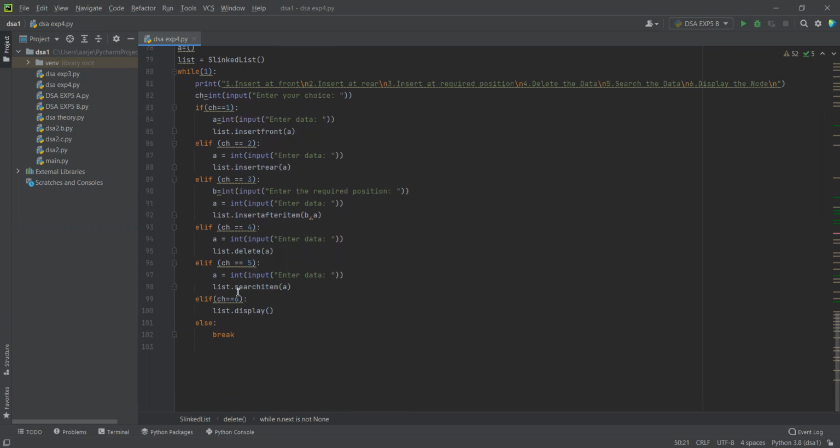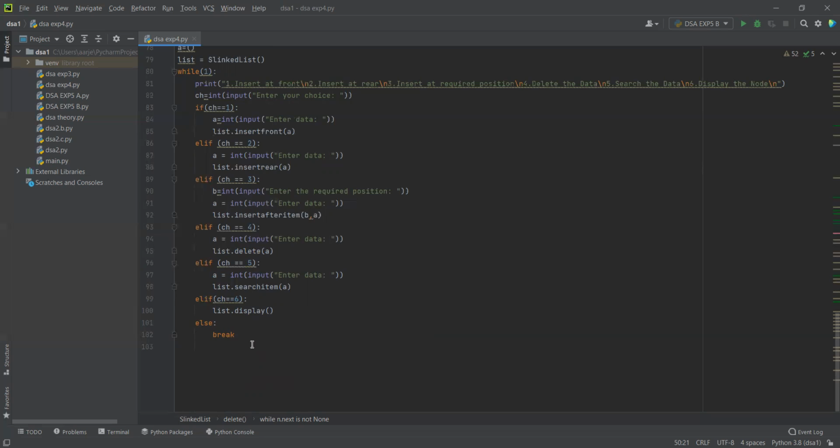That's all. And elif 6 means display. We display the full linked list, and if it contains data, we print the data in that, or else we print empty list.